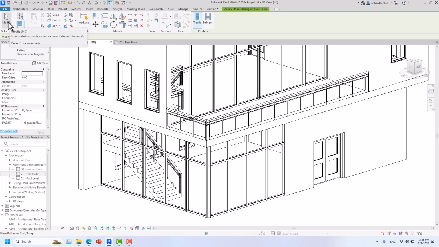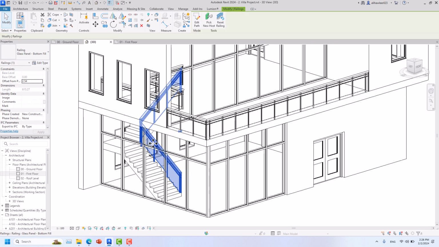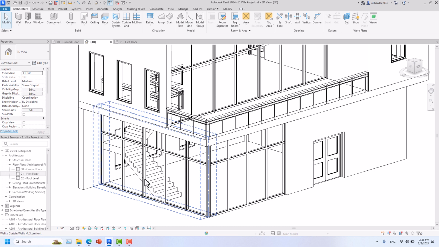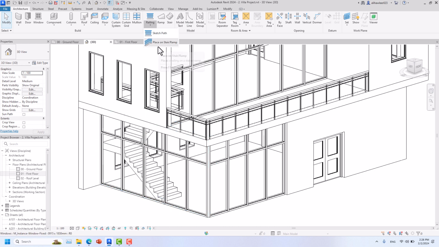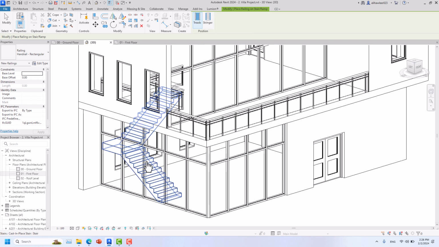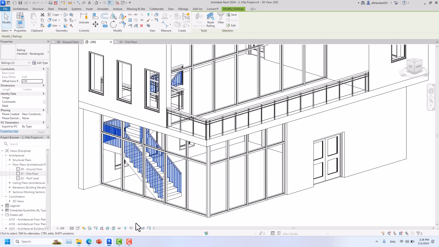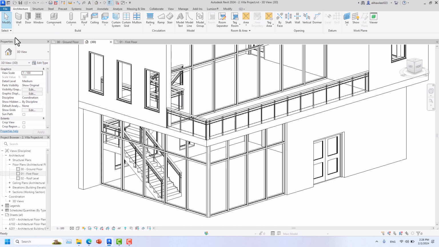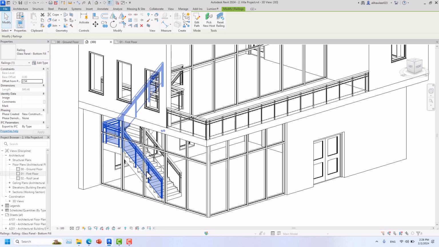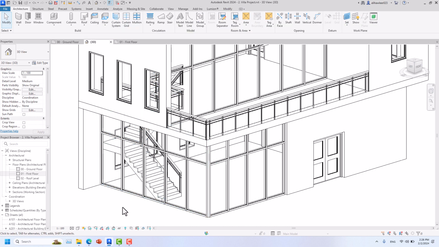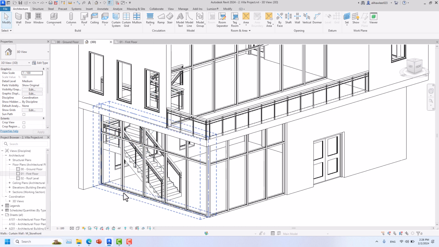So you should just go to the modify and delete this one too. Delete this one, delete it. And when you delete it and go again to the railing, place on stair ramp and go to the thread, it will now be highlighted. Just click on it. It will be created. Now it has been created. So both of them are selected. I just want them to be glass panel. Yep. And I'll go to the modify and I'll just delete this. Okay, it was just to show you how to bring it back. Okay, just delete this one. If you don't want to go back to here, just Control Z and it will bring it back. Okay,